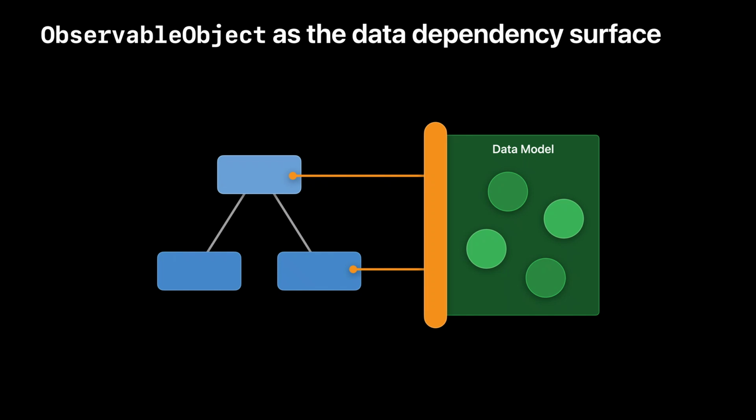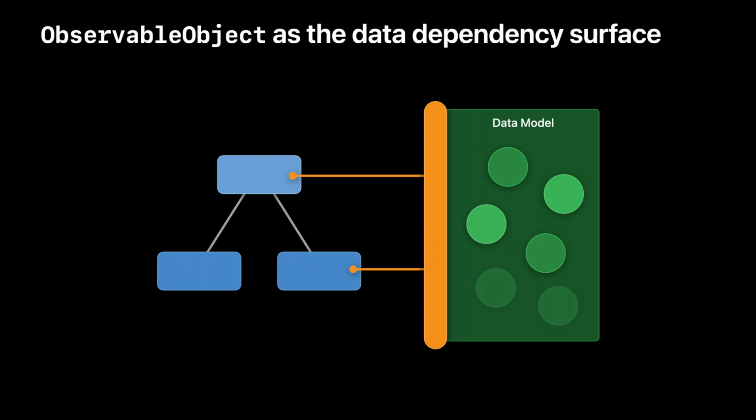For example, you can have a single observable object that centralizes your entire data model and is shared by all your view, like in the diagram here. This gives you a single place for all your logic, making it easy to reason about all the possible state and mutation in your app. Or you can focus on part of your app by having multiple observable objects that offer a specific projection onto your data model and are designed to expose just the data that is needed. This works better when you have a complex data model and you want to provide a more tightly scoped validation to part of your app.